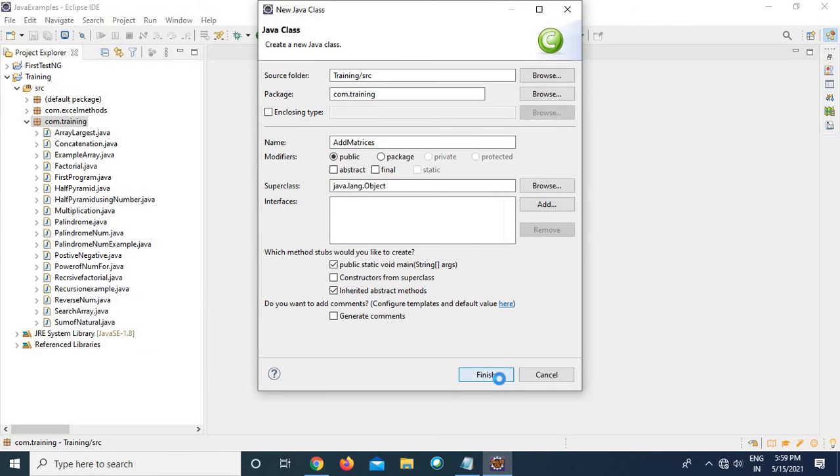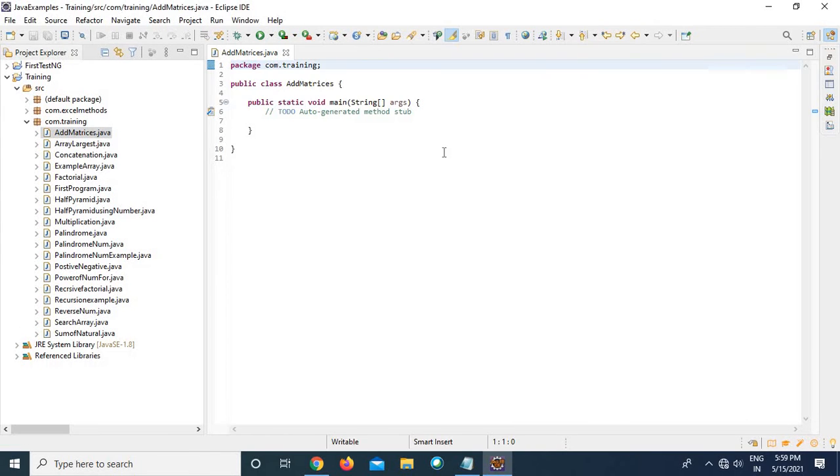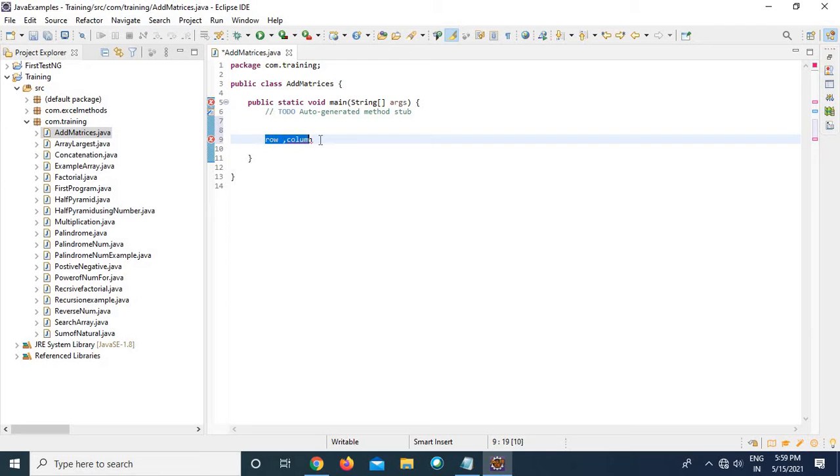and click on finish. So now you know the basic rule of adding two matrices. The number of rows and number of columns in both the matrices should be equal. Then only you will be able to add the matrices. So the order of both matrices must be the same. Then only you will be able to add those matrices.